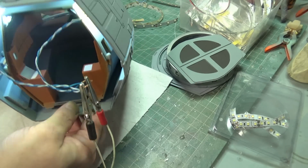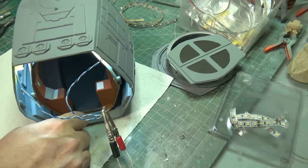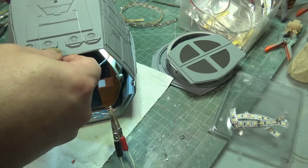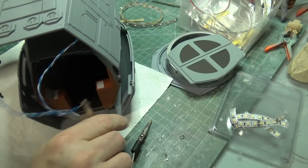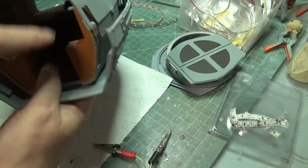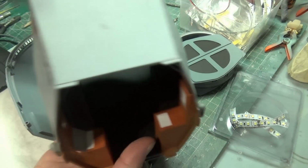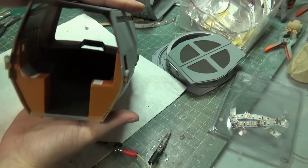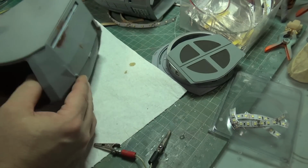But yeah, now I'm going to put some little lighting in the back consoles here, and then if that's all there is to it, then I should be able to, well, I have to take this back off here. Kill these lights. Kill the lights. Kill them. Okay, move that off of there. When I get these back consoles lit up, then I can glue, let's move the outer tub out of the way. I can glue the top and bottom down and maybe put, I gotta get this front console lit, and then,